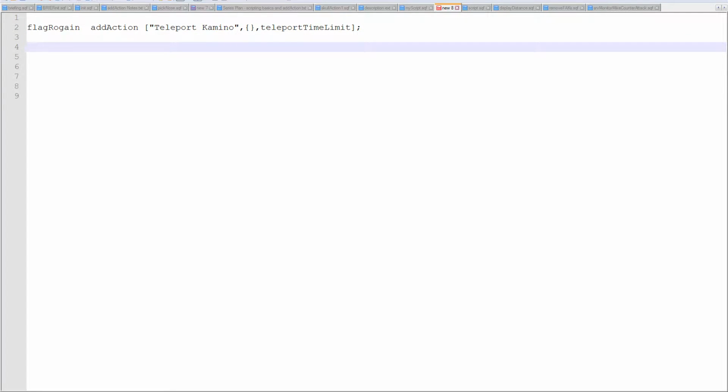Alright, so let's work on the code that's going to go in here. That code first needs to check whether or not the time limit has been exceeded. If the time limit has been exceeded, then it's going to stop running any further code. So it's an if exitWith statement. So if time is greater than teleport time limit, which in this case, let's say I didn't use a global variable for whatever reason, I'm going to use this select 3,